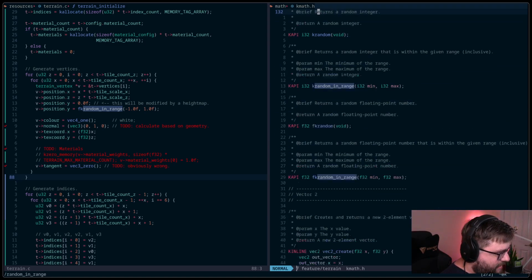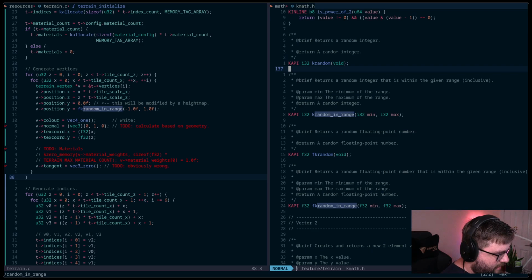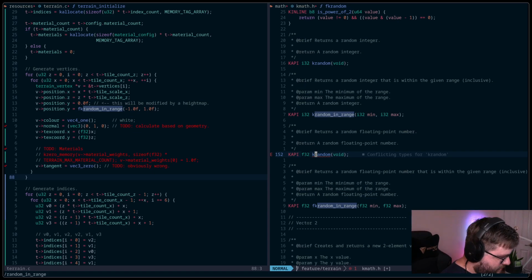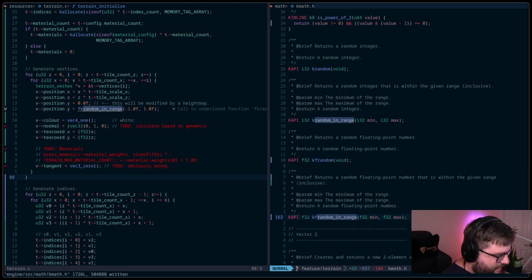The k random and k random in range are both integer versions of that. I suppose I could have an I in there for something, but I'm going to name it kf random because you can see that already tripped me up, and this is the first time I'm using it. So I'll write that change, and then let's see, we need to go to